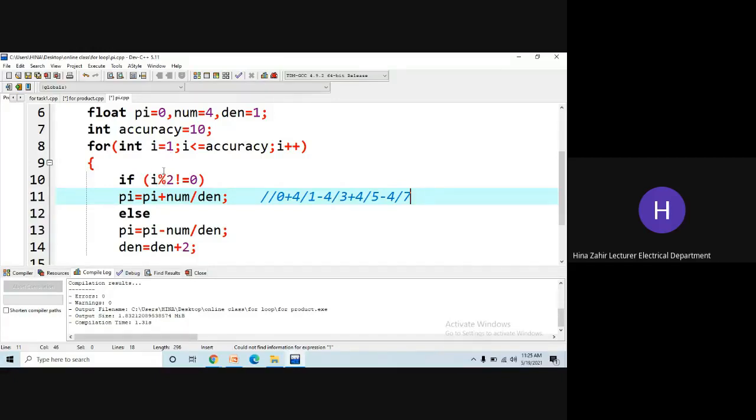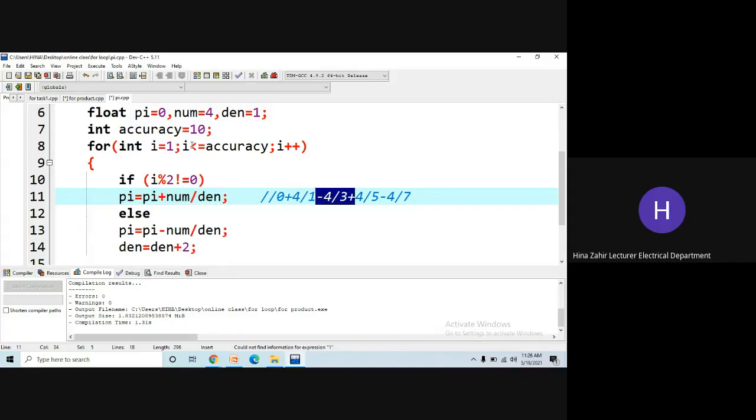अब जब दोबारा आई की वैल्यू 2 हो जाएगी तो ये इफ कंडीशन नहीं चलेगी, क्योंकि 2 मॉडुलस 2 जो है वो 0 के बराबर है। तो एल्स रन होगा, और एल्स में पाई माइनस वही चीज होगी, सिर्फ एक माइनस साइन की वजह से। तो ये जो 0 प्लस 4/1 है, ये पिछली वैल्यू पड़ी हुई थी पाई में। अब हम कह रहे उसी पिछली वैल्यू के साथ माइनस नंबर बाय डिनोमिनेटर ऐड कर दो। तो इस पिछली वैल्यू में माइनस, और न्यूमरेटर क्या है 4, डिनोमिनेटर क्या है 3, क्योंकि इसको हमने 1 से 3 कर दिया था। सही है। तो इसके साथ 4/3 हो गया।